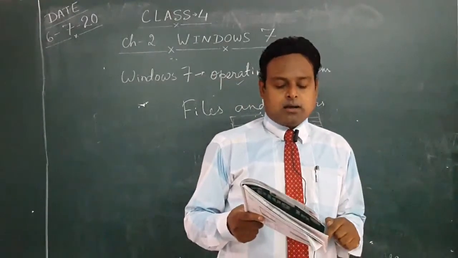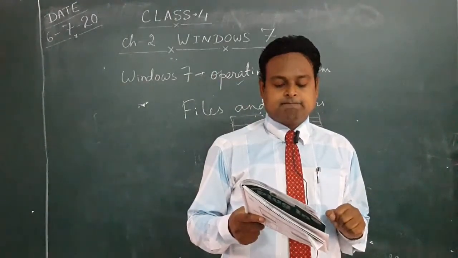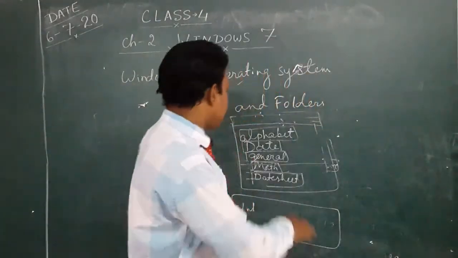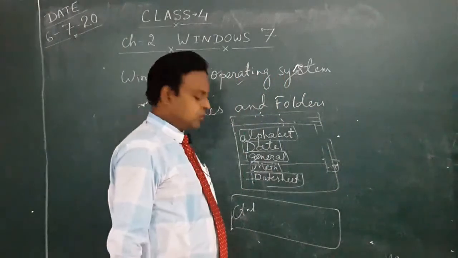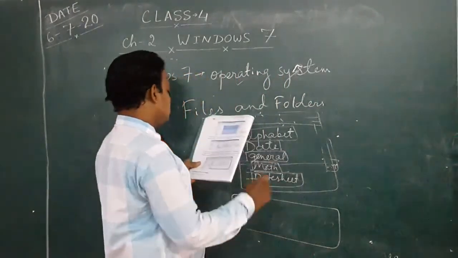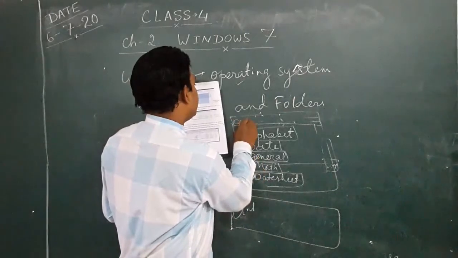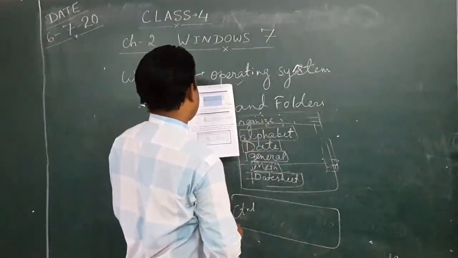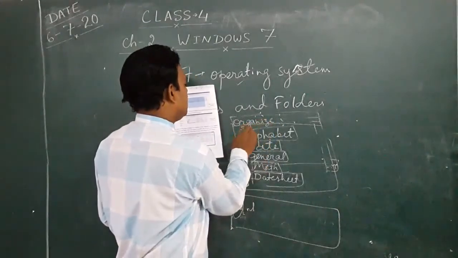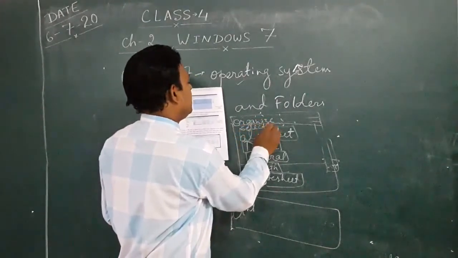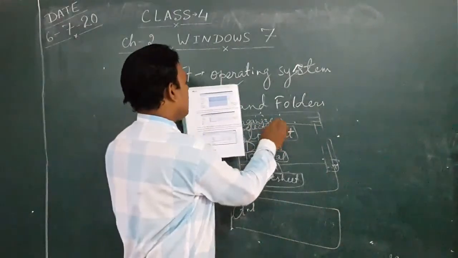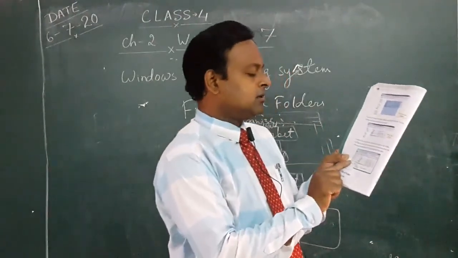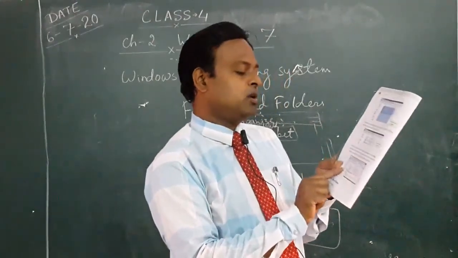Now what is the next one? Let us see. If you want to select all the files and the folders, suppose I want to select all of them, what I will do, I'll click the organize option, and when you click organize option, you will find select all. Okay, you can find this in your page number 22. If you click this